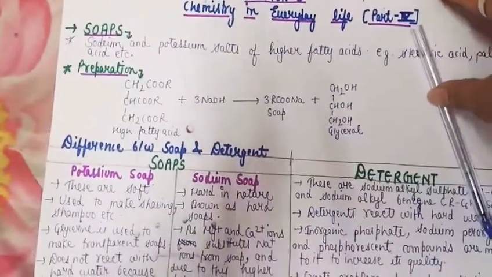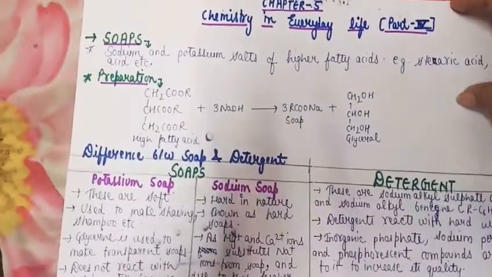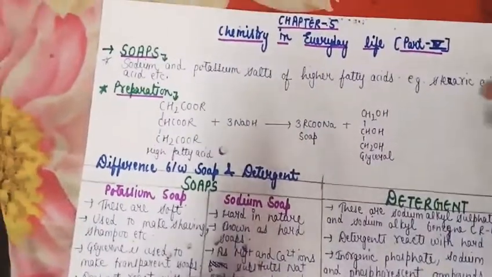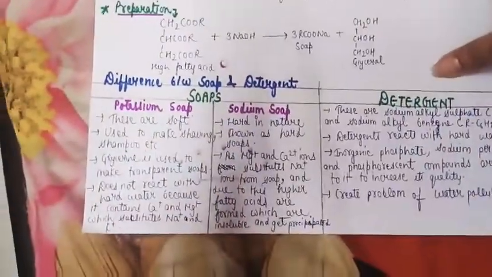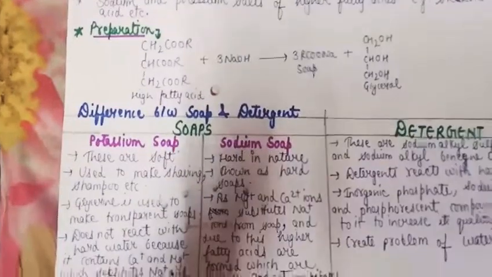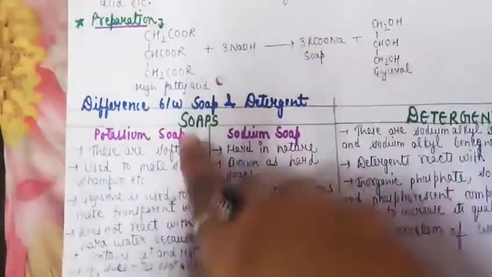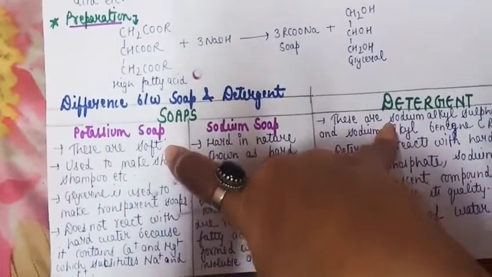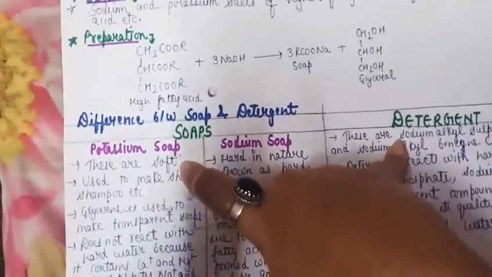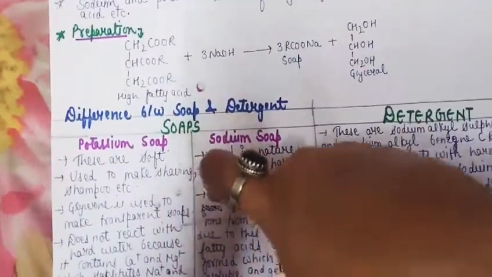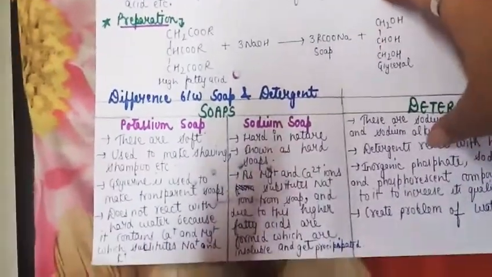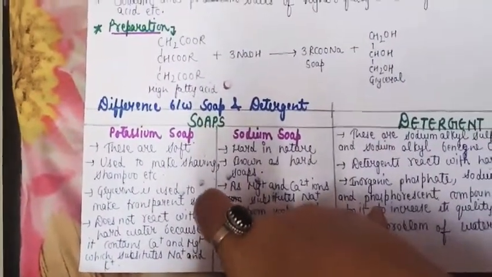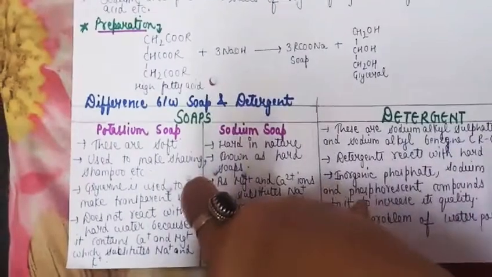Soaps obtained are the sodium and potassium salts. Now we can discuss the two types of salt. What are the properties of the sodium soap and what are the properties of the potassium soap? Potassium soaps are soft in nature, which means they are mainly used in conditioners, shampoos and shaving creams, and they are expensive compared to sodium soap. Glycerine is a transparent soap. For example, Pears soap, you have all heard the name, is mainly based on potassium soap.